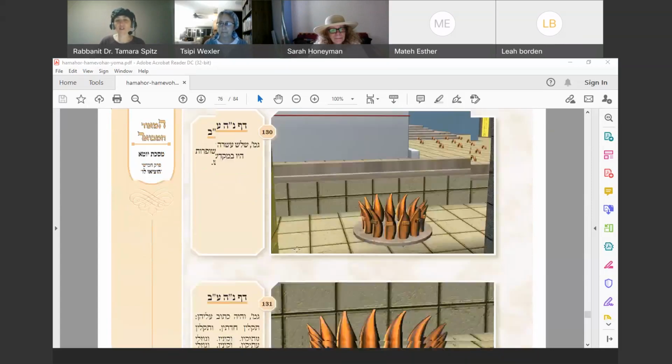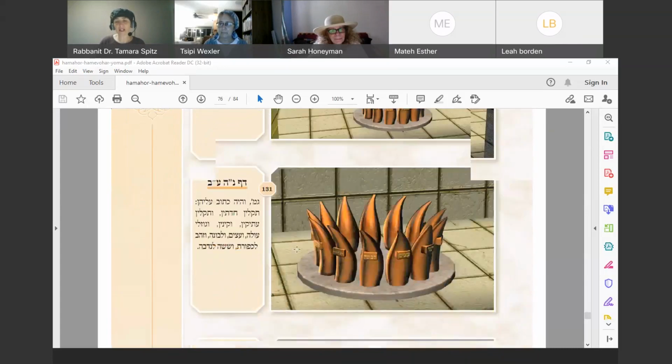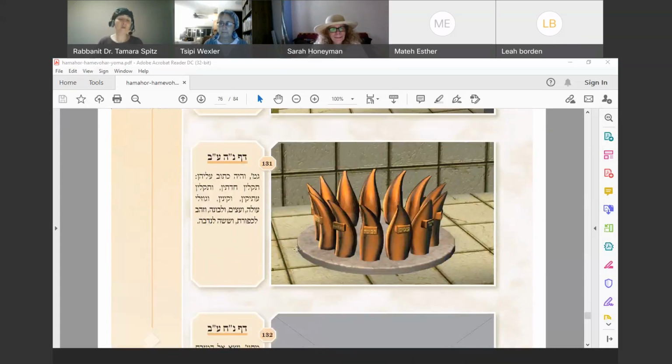So you can see them here. These are the 13 shofarot. You can see them up close. And they were each for a different collection. So the Gemara says that there were 13 of these shofarot, and it mentions that Rabbi Yehuda says that there was no collection box for obligatory bird offerings. Why? Because he was afraid they would get mixed up with something else,